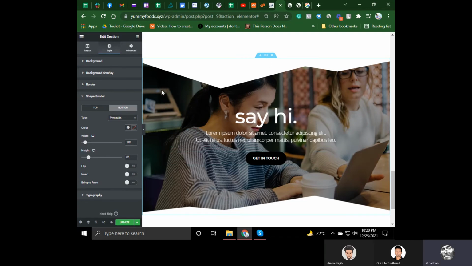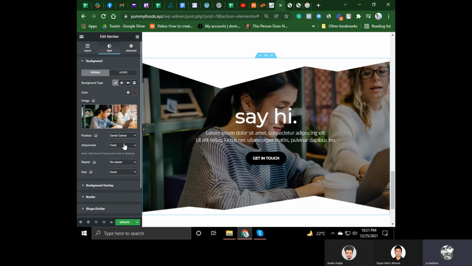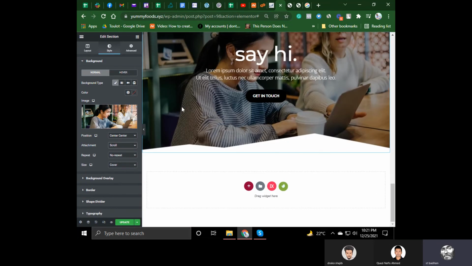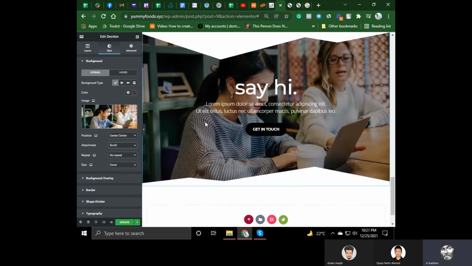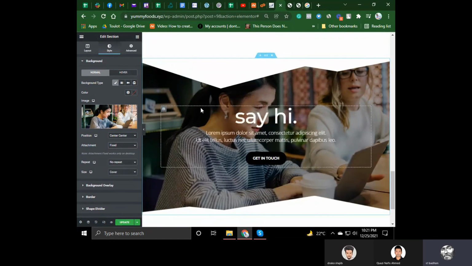In order to achieve this background, you have to click on this 3 dot, and then in the style section you just have to select whatever image you want, and then position the photo in the center position, and then attachment should be fixed. If you put it on scroll, you can see that it's not animating anymore. That animation effect is not working anymore. If you choose fixed, then it works like how we want it. Okay,